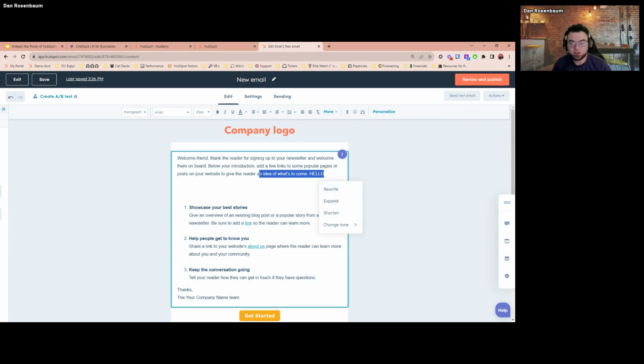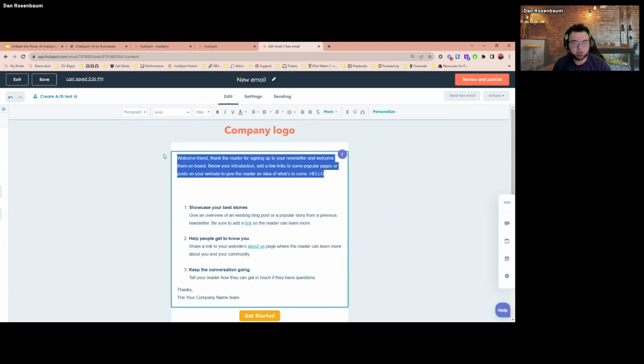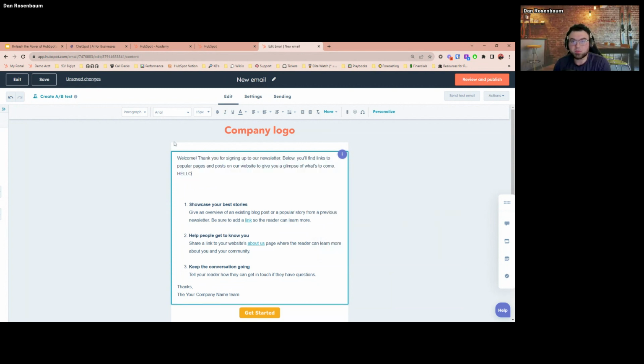So if I want to take this and shorten it, it starts thinking and generates something for me. I made it a little shorter, but maybe I want to try it again. You can keep generating over and over again. It'll give me slightly different things every time, and it'll save the previous responses too, so that you can compare a couple of different ones. When you're ready, you just hit insert, and it pops it right in for you.